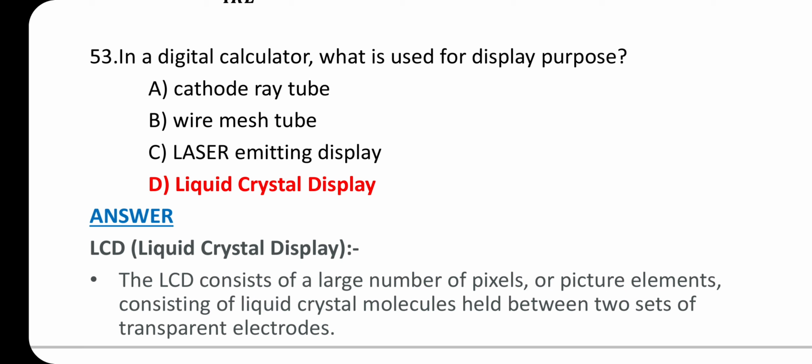53. In a digital calculator, what is used for display purpose? Answer is option D, liquid crystal display. LCD. Liquid crystal display consists of a large number of pixels or picture elements consisting of liquid crystal molecules held